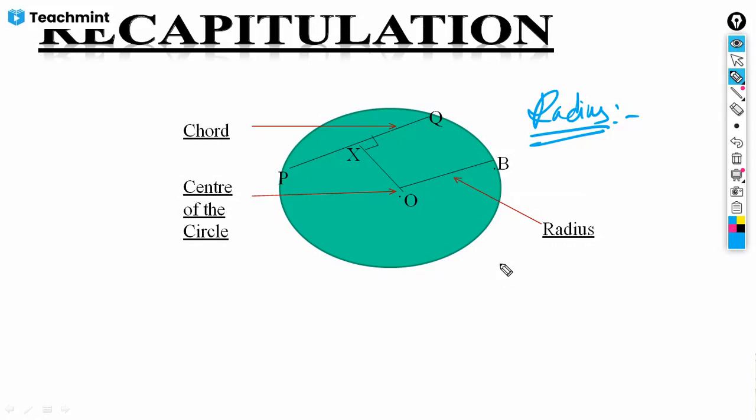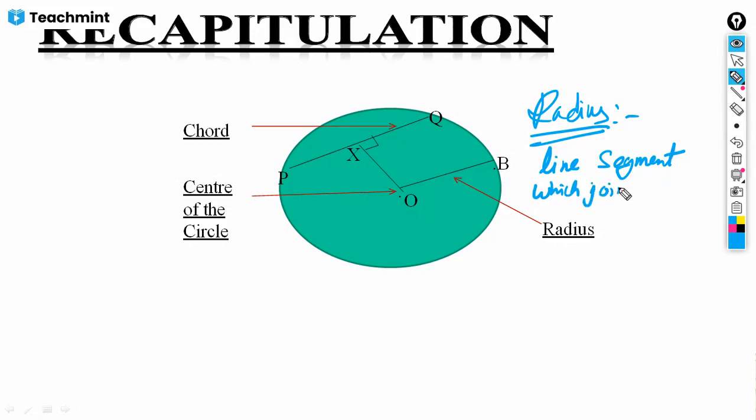Okay, from where to where you need to tell that. See, whenever we talk about the radius, we have to tell that it is a line segment. It is a line segment which joins the center